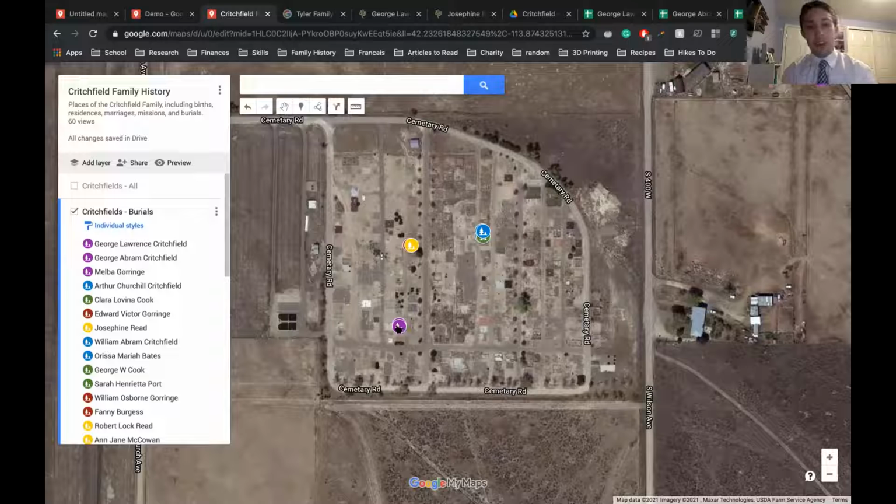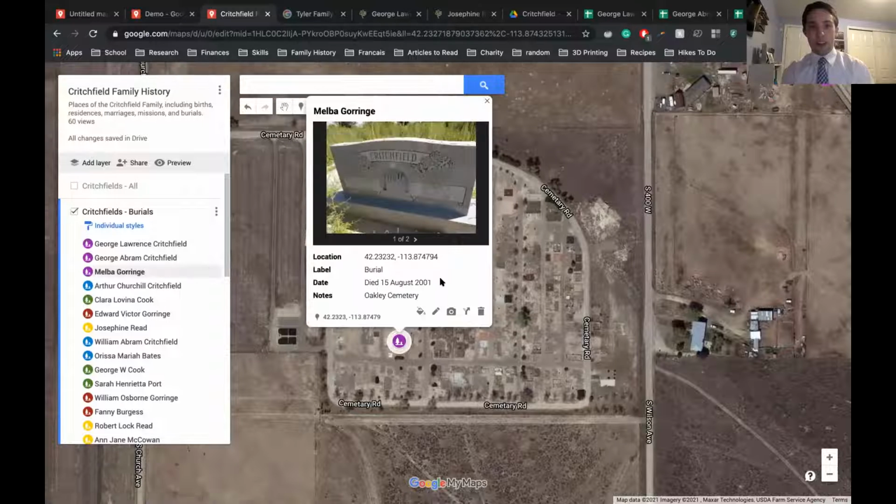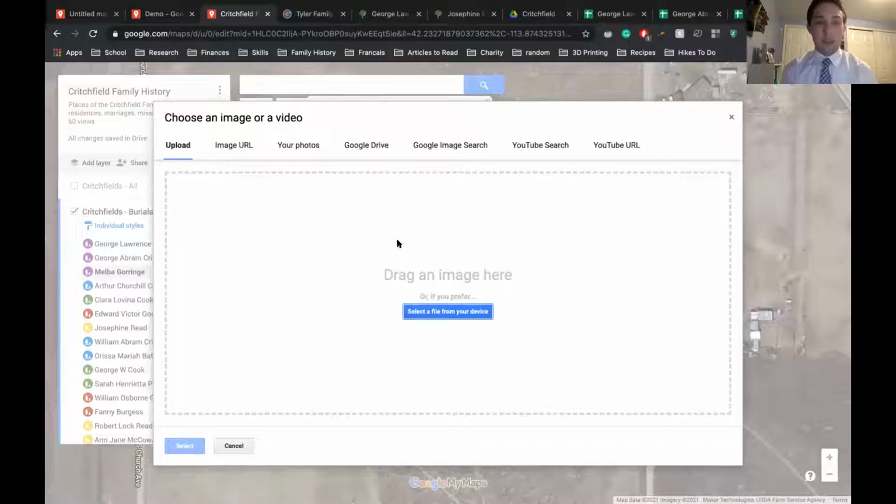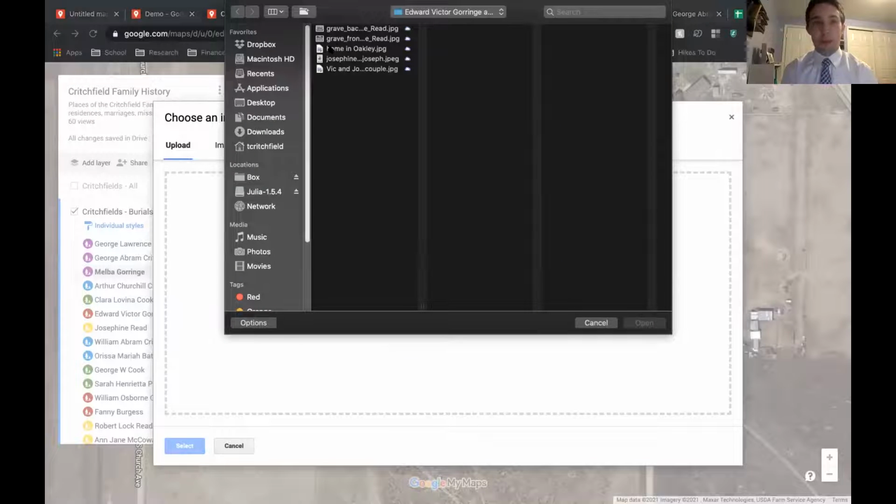With these cemetery ones, I don't know how to do this with a file, but after you've imported something, you can put pictures on there too. For instance, if I didn't know what it looked like ahead of time, I could put this picture on the map so that when I go to the cemetery, I would know what I was looking for. To do that, you press this camera icon and it will pull up this page. So if you have a picture saved on your computer somewhere,